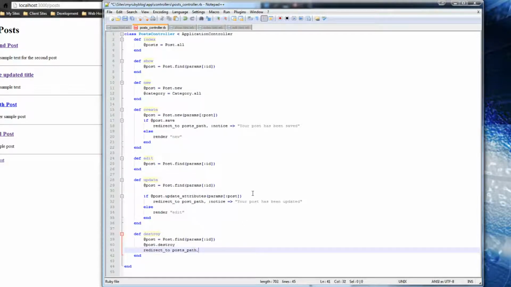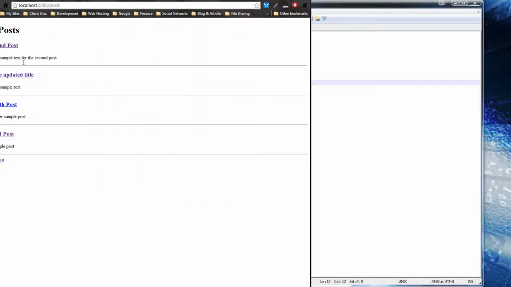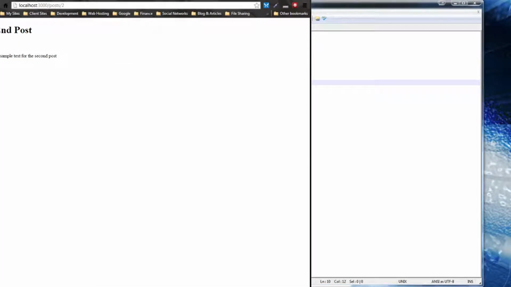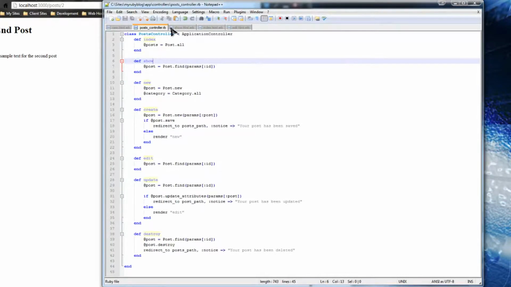And then we'll just put a notice in here as well. And we'll just say your post has been deleted. And that should do it for the controller. So let's save this. Now we got to go put a link. I want to put it right next to the edit post link. So if we go to show,